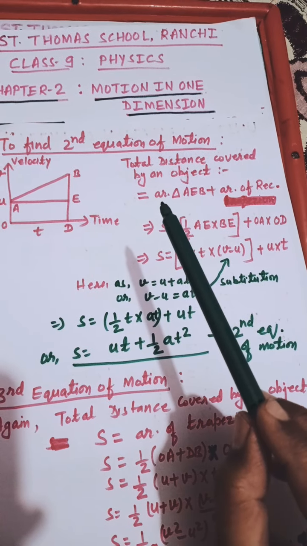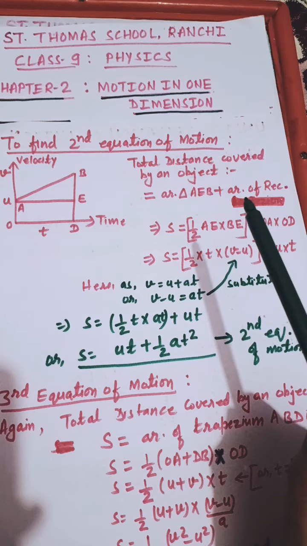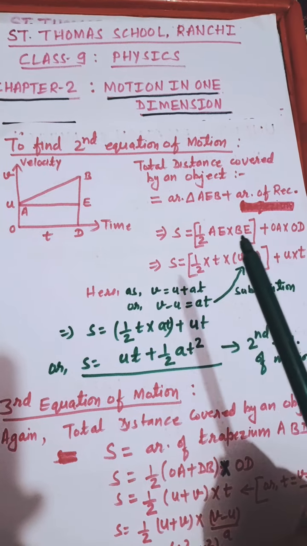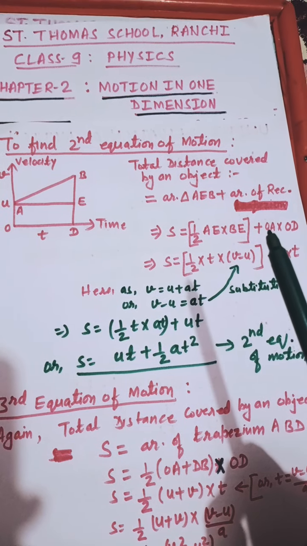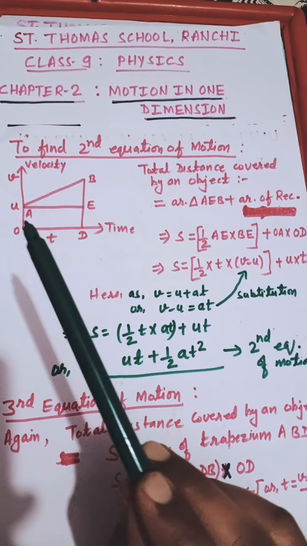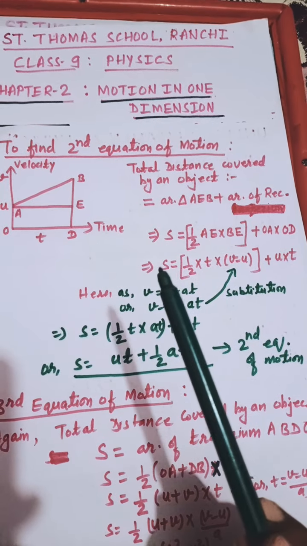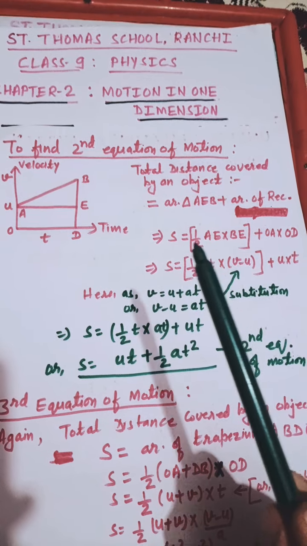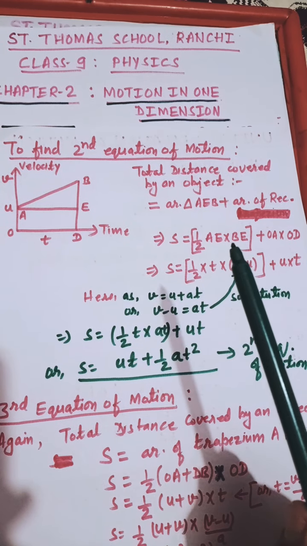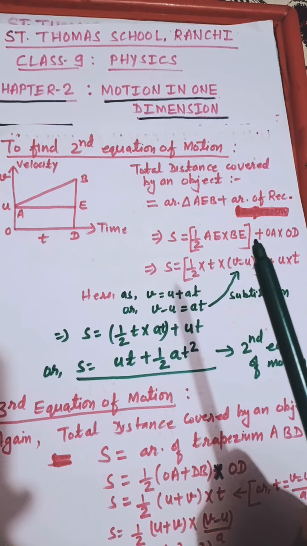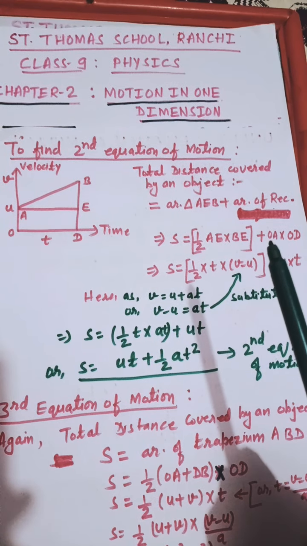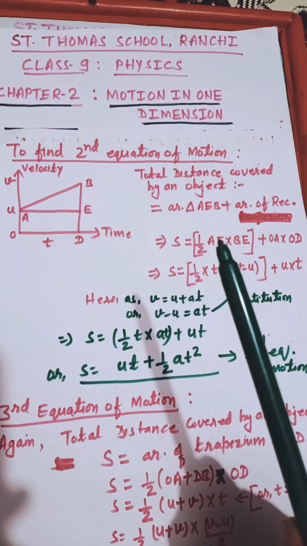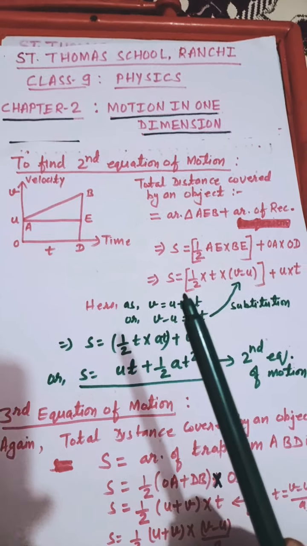So we find the area of triangle plus the area of rectangle. The area of a triangle is half base into height. The area of a rectangle is length into breadth. So s is equal to half AE into BE, where AE is the base and BE is the height, plus the area of the rectangle, OA into OD. Substituting the values of AE and BE,